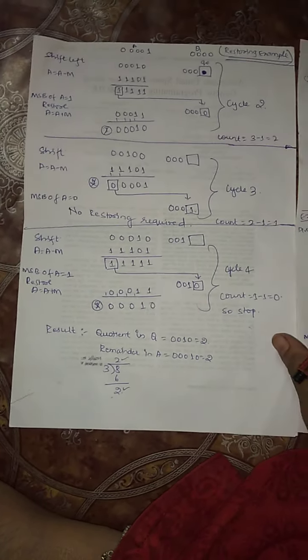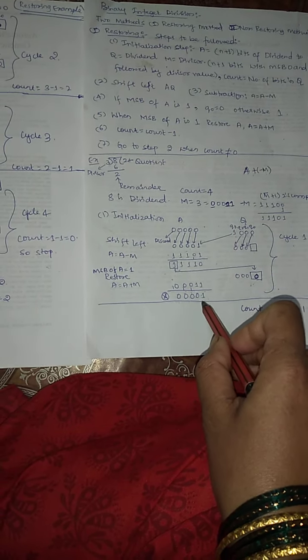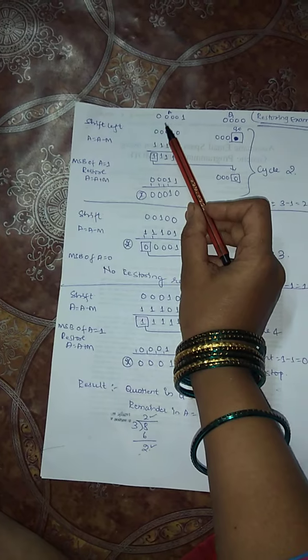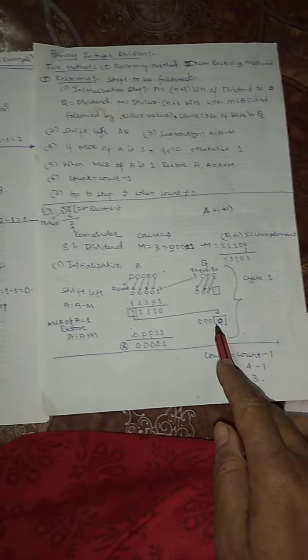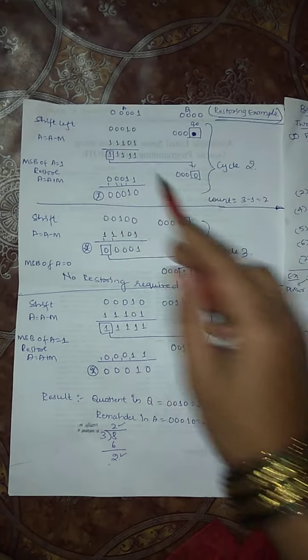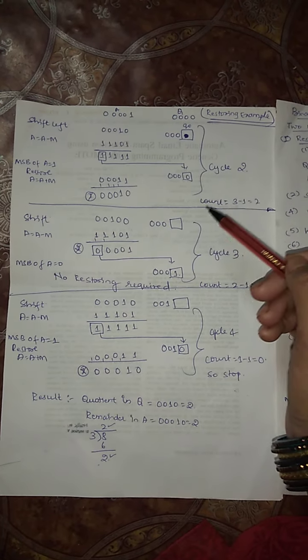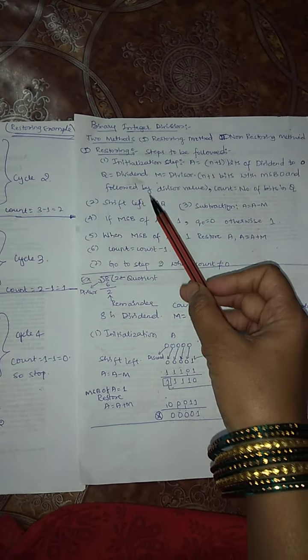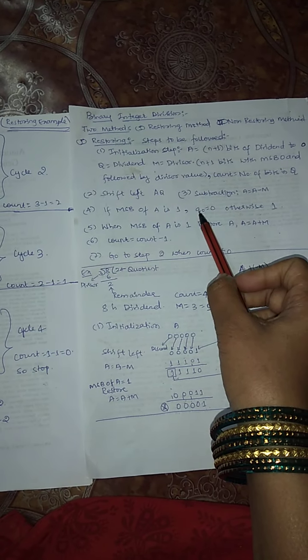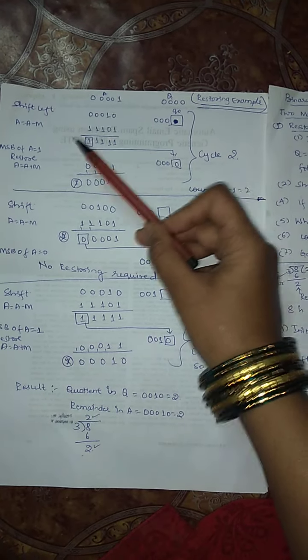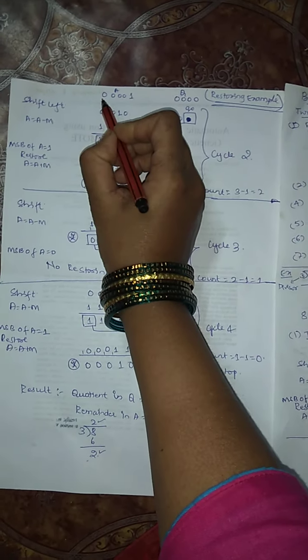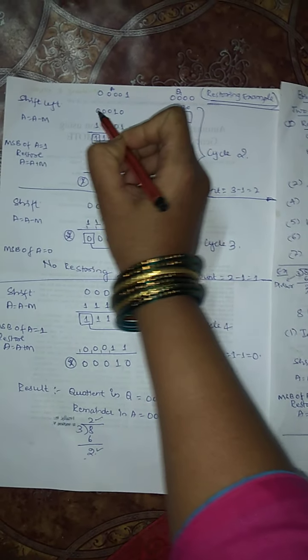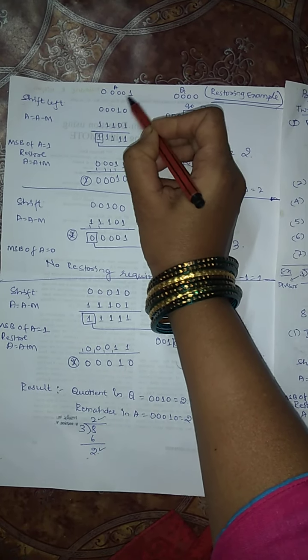So in the next cycle, what value of A have we got? 4 times 0, 1. So I have taken the value of A as 4 times 0, 1. What is the value present in Q? All zeros. So I have taken all zeros here. Next, in the second cycle also follow the same steps. The steps are shift left, subtract, set the value of Q naught, restore or not restore. So now we have shift left. I am shifting this to the left side. This will be discarded. So this 0 will come here.